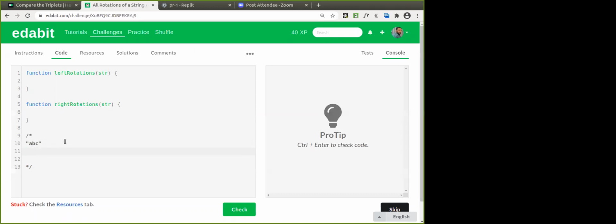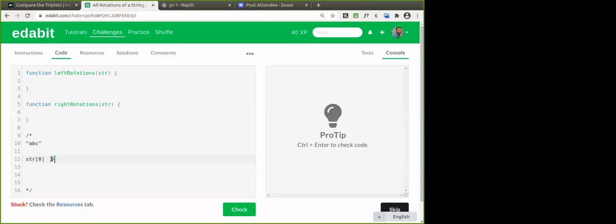We'll stick to the very basic logic. Whatever is the string, like A, B, C, if it is the input, what we have to do for a left rotation is take the first character in this string from the left side. How do you get that one? If we take this as a string, that character you can get with string of 0, isn't it? From that we should get the remaining string, isn't it? We concatenate the remaining string from the first position up to whatever is the length.